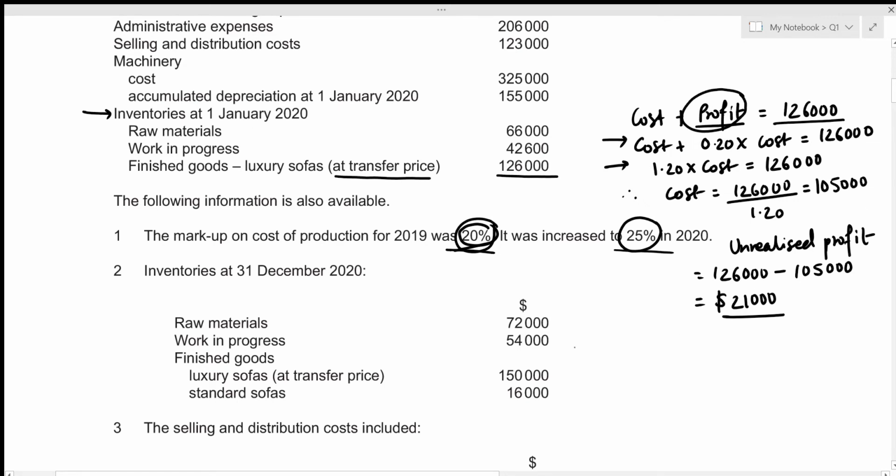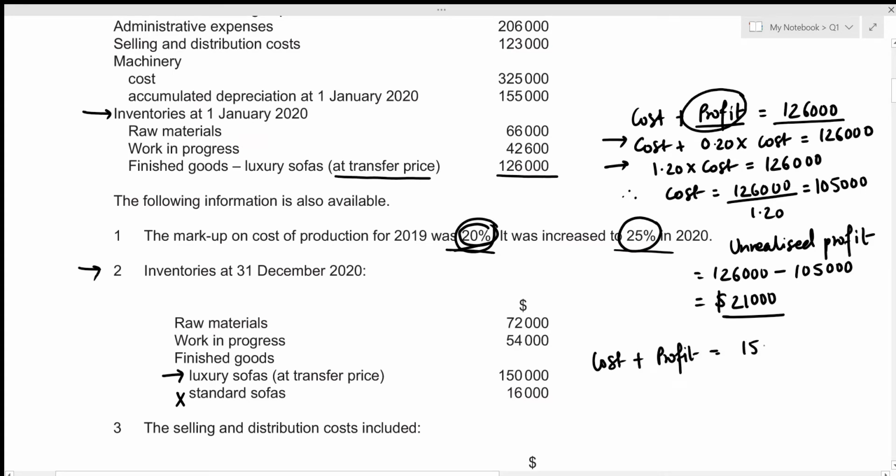Now we repeat the same process for the closing inventories, and our closing inventories are given right here. So we have our finished goods. We have two finished goods actually. We have luxury sofas as well as standard sofas. But what we know is that standard sofas are purchased from another supplier, which means that we do not have to account for the unrealized profit for this part. We just need to account for the luxury sofas which were made at G Limited. So this is also at a transfer price. So that just means that cost plus profit